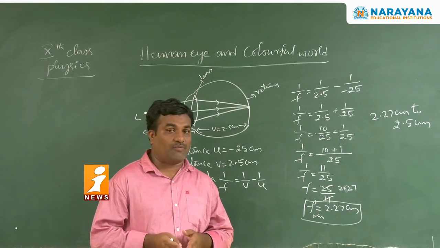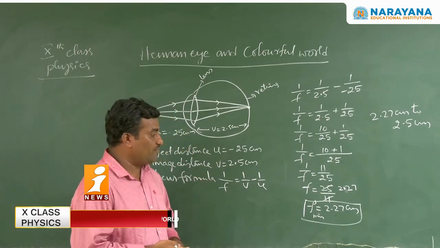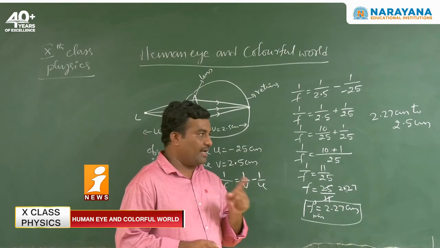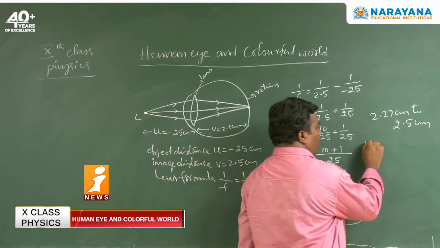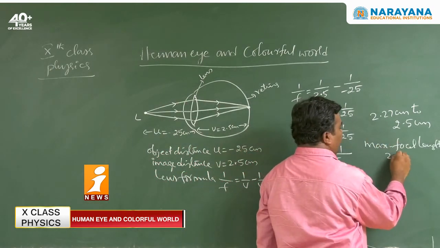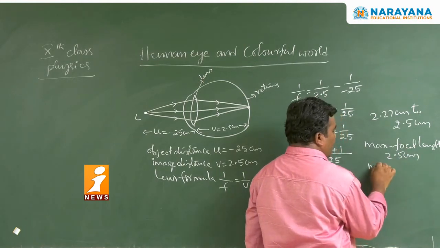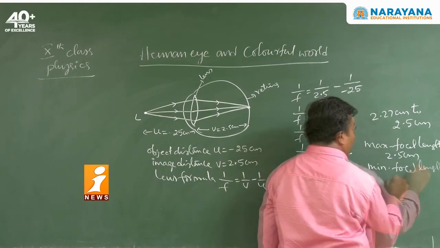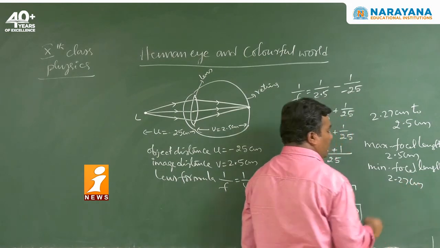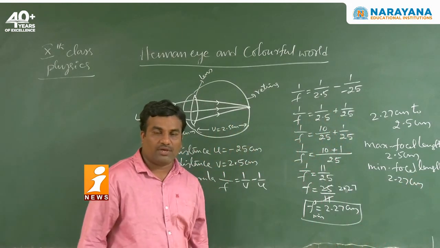What is the maximum focal length? Maximum focal length is 2.5 centimeter, and minimum focal length is 2.27 centimeter. In between, the focal length is adjusted, and we are getting